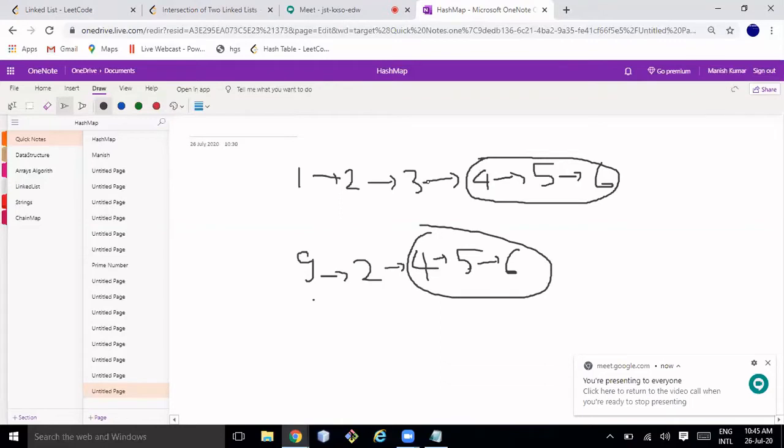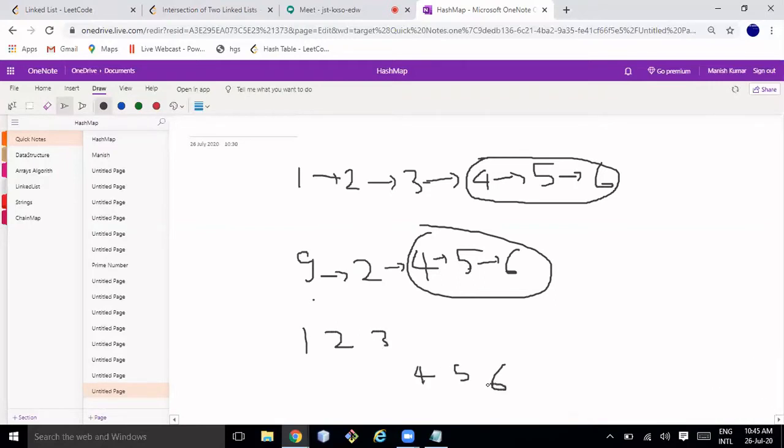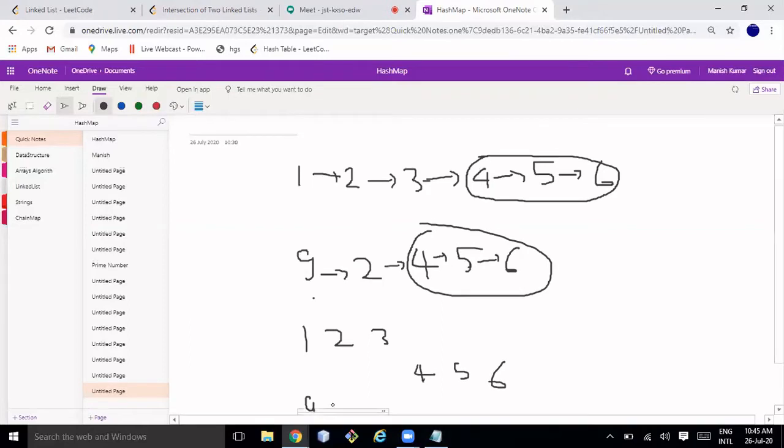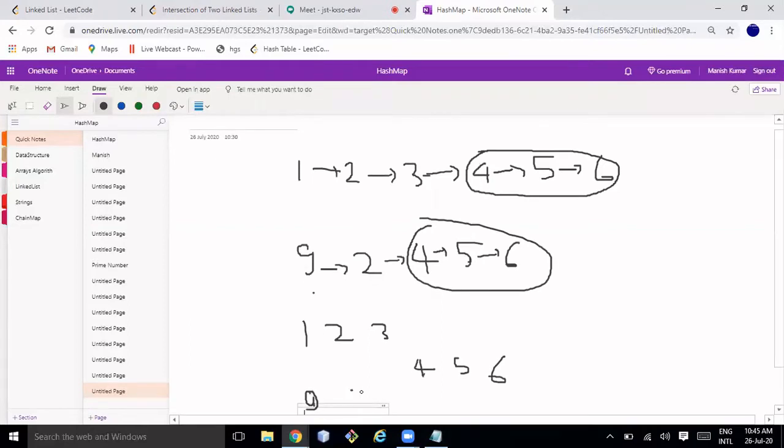So once this 3 reaches here, instead of this, you can write 1, 2, 3, 4, 5, 6, and 9, 2, 4, 5, 6. So this is the case actually. This is how a linked list is.